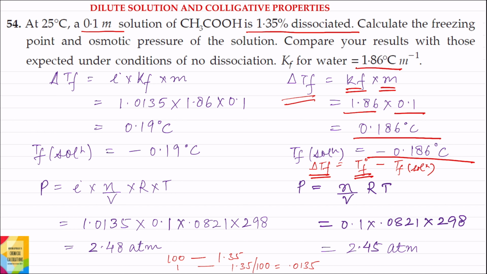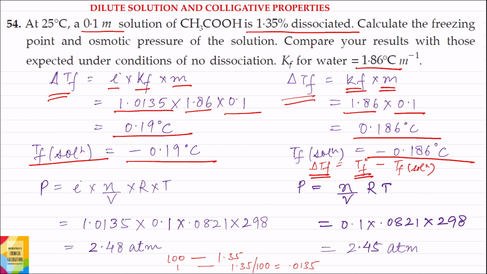Now to calculate the freezing point of the solution when acetic acid dissociates, delta Tf will be equal to i into Kf into m. i is van't Hoff factor. The value of i in this question is 1.0135, value of Kf is 1.86 and value of m is given as 0.1. Solving, delta Tf is equal to 0.19 degree centigrade